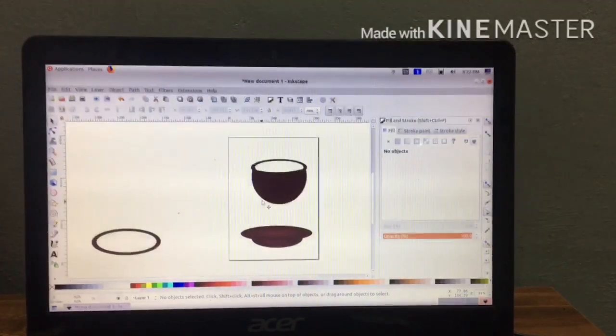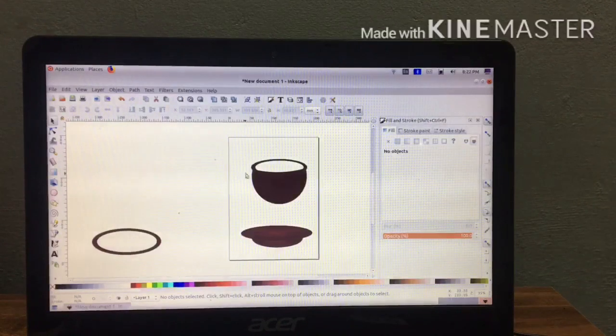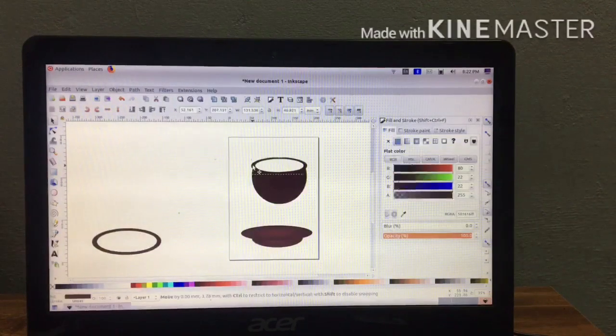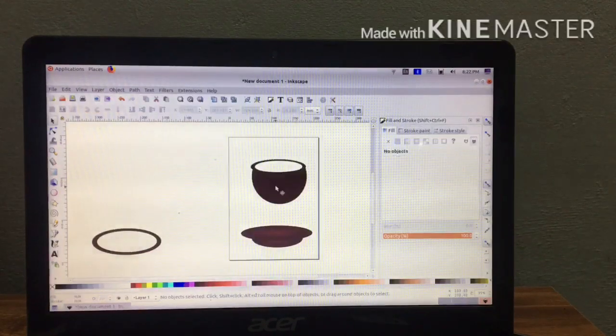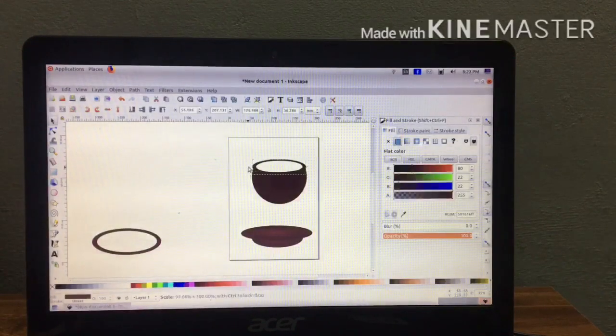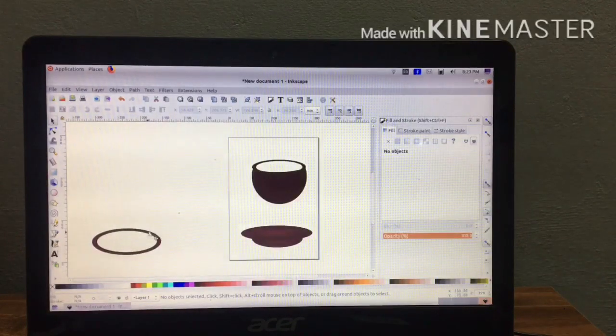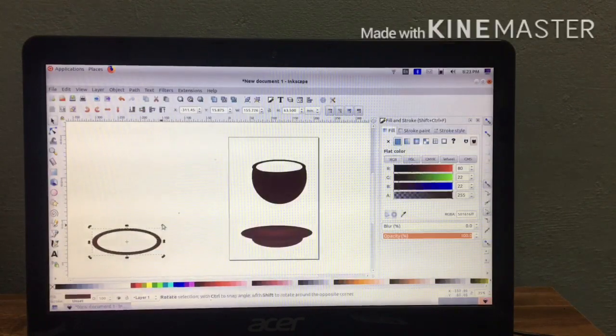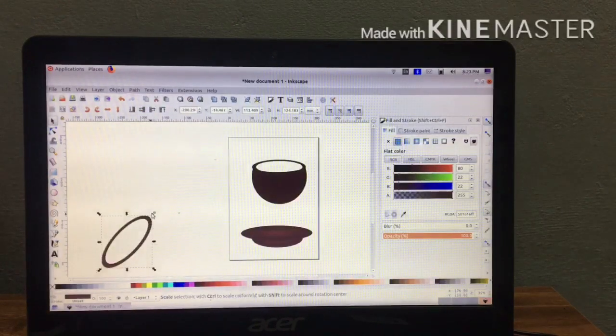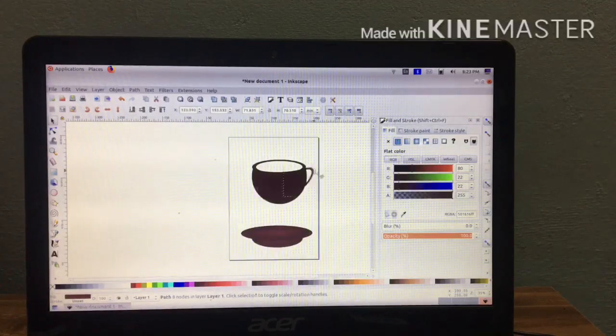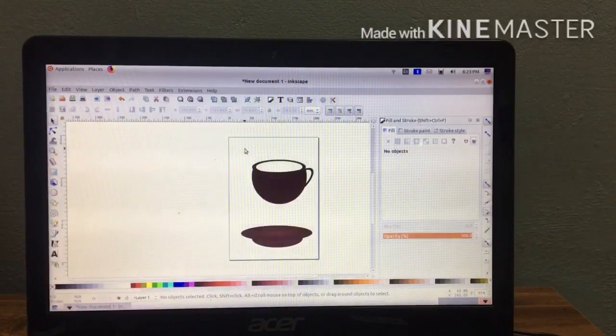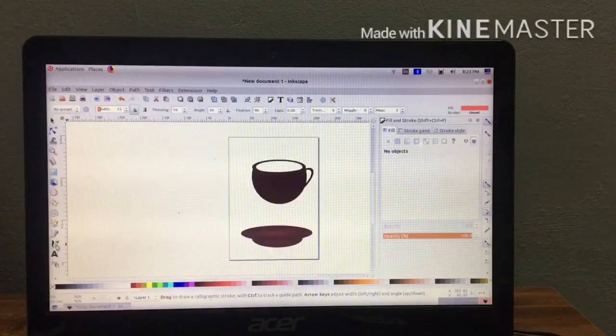So arrange it again properly. By clicking on it 2 times, you can turn it, reduce its size and use that as the handle of the cup. Okay, then next we have to draw the steam of the tea.